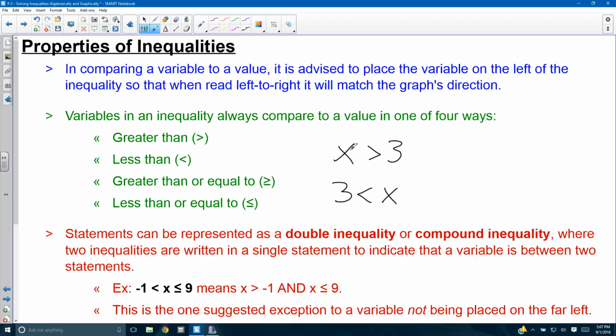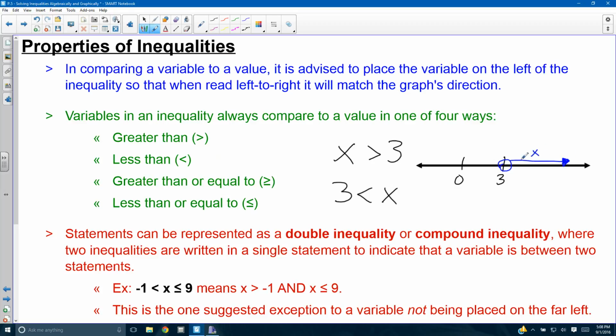Because we read left to right, we do that thing. X is greater than 3, or saying 3 is less than x. These both mean the same thing. However, when you graph, keep in mind, when we did x is greater than 3, we drew x to the right of it because we wanted to ensure that all of these values were greater than it. The fact that we use the word greater than makes us start thinking about drawing something